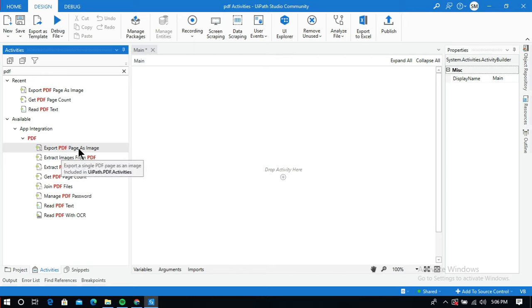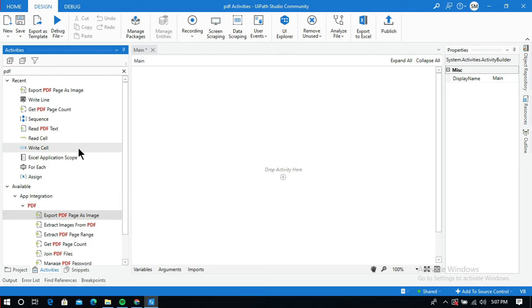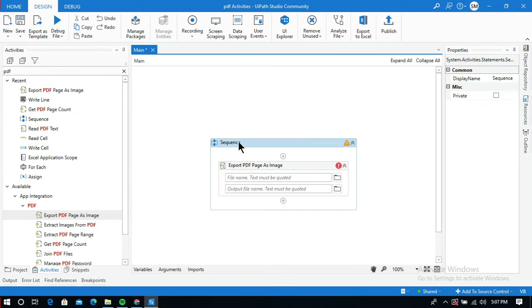From the name itself, it is used to export a single PDF page as an image. So it will export only a single page. If you want to convert all the pages, you need to provide the page numbers in the fields of the Properties panel. First, let me start by adding a sequence, and inside this sequence I am going to add